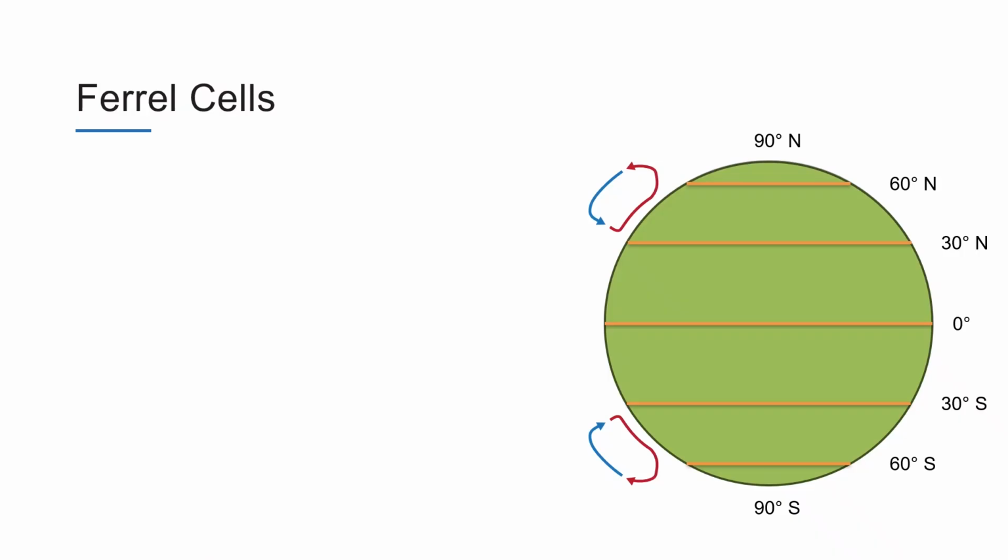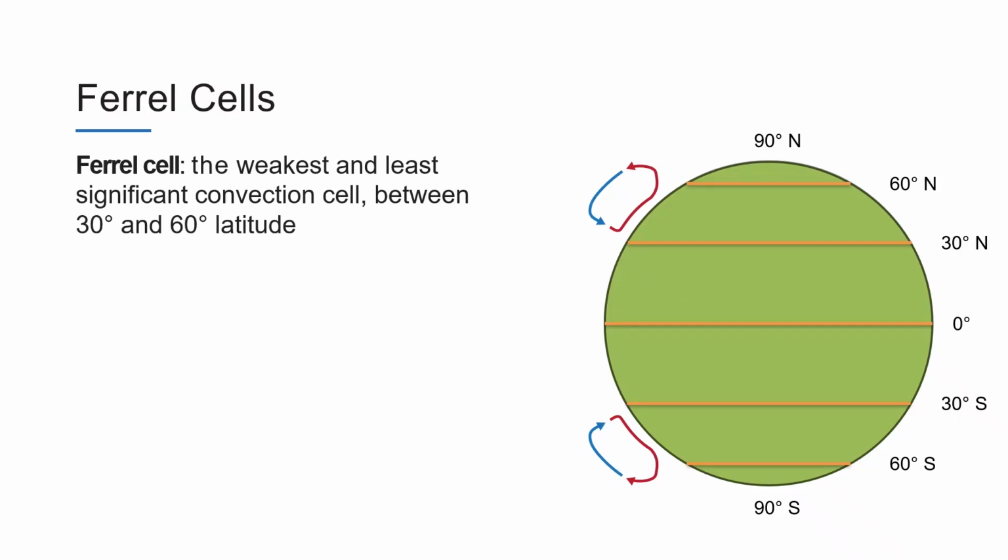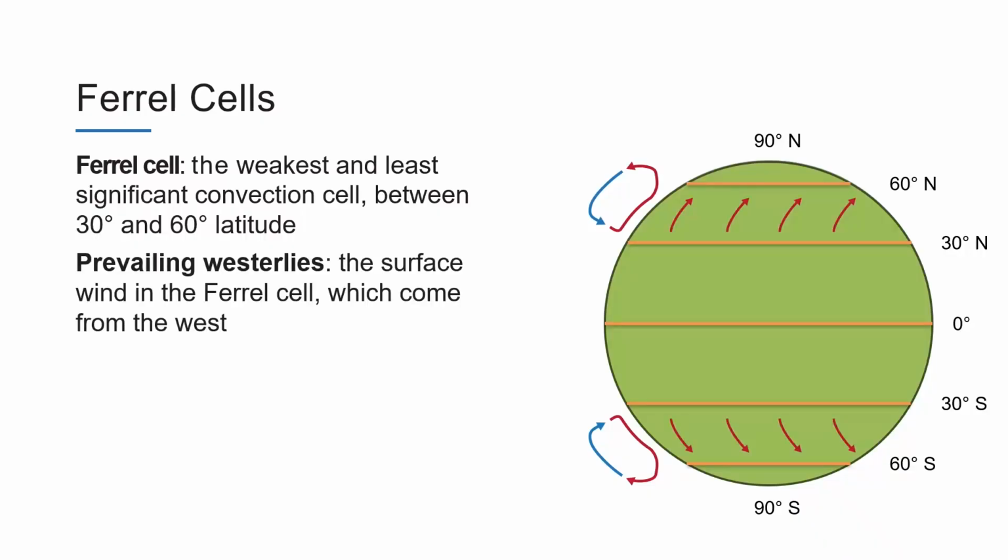So the last convection cell is called the Ferrel cell. This is the weakest and least significant of the three and can be found between the 30th and 60th degree of latitude. It's considered a secondary cell because it doesn't have the strong heating like the Hadley or the strong sinking like the polar. It does have a prevailing wind moving toward the poles called the prevailing westerlies because they